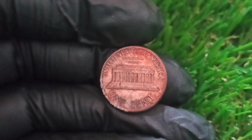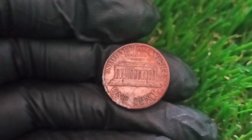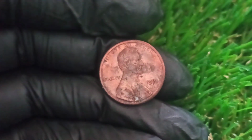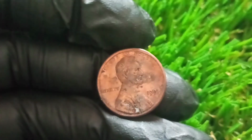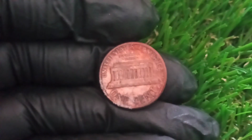instantly catches the eye of collectors, and on closer inspection, there is also unmistakable evidence of a doubled die on the obverse, where the inscriptions "In God We Trust," "Liberty," and the date 1991 all exhibit clear, thick doubling consistent with a true doubled die variety, with separation visible even without magnification, and this level of doubling, combined with the